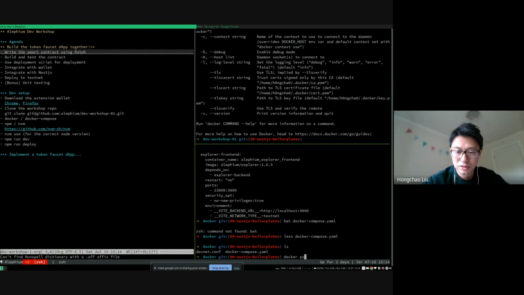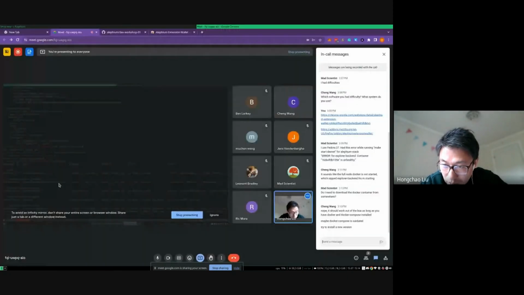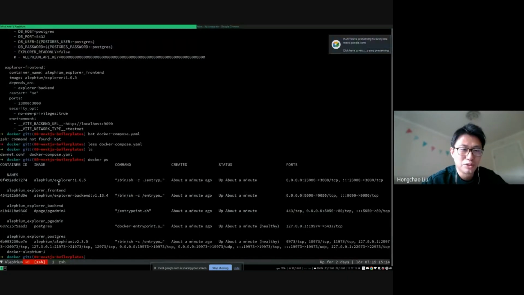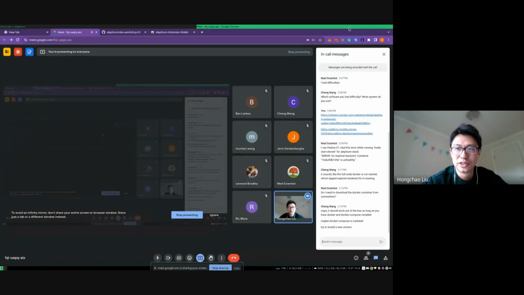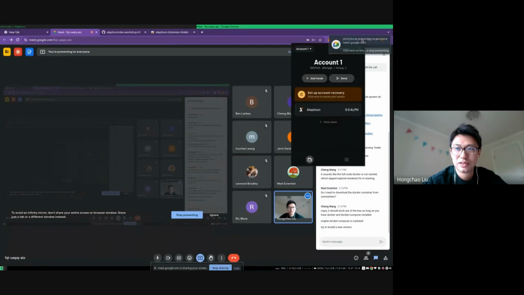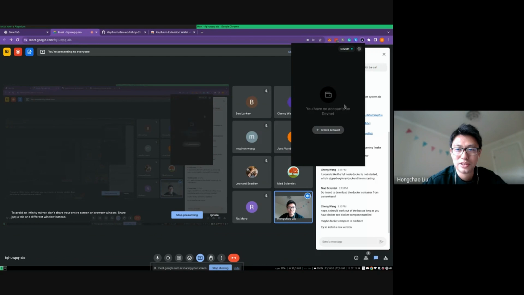So if we have done the Docker Compose up, what we should see is, do a Docker PS. We should see everything's up, and then if we go to the extension wallet here, right? We click DevNet. There's no account here. If we click account, maybe we should. Okay, so